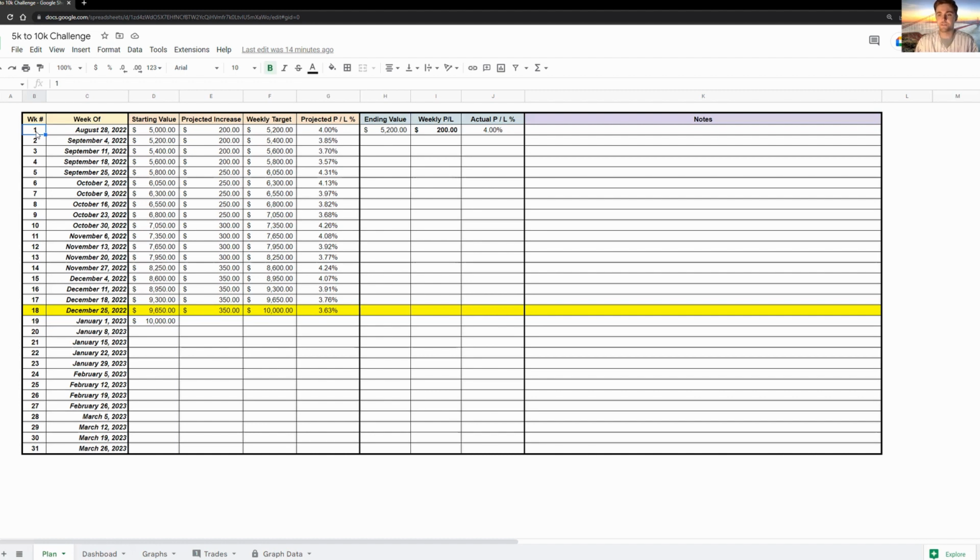You could do the 50K to 100K challenge and just run absolutely at scale. So you could shoot for that 4% on your account from the beginning of September to end of December. So I don't know, I'm just really excited about this one, and even more optimistic than before, just with how